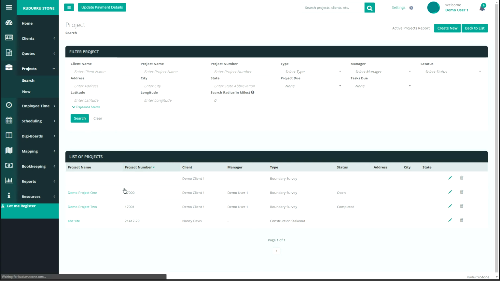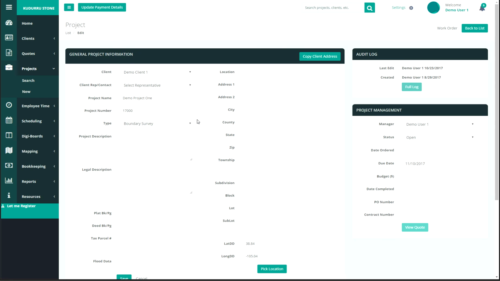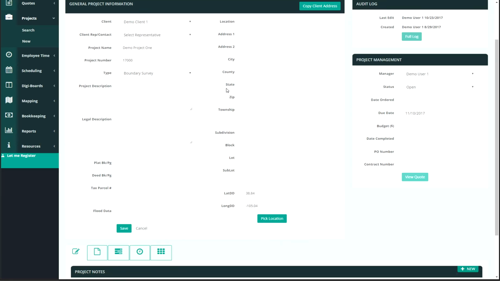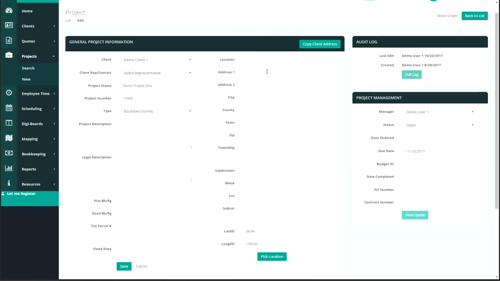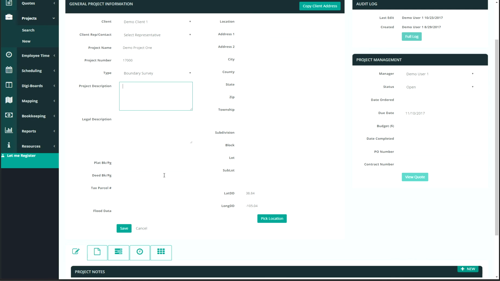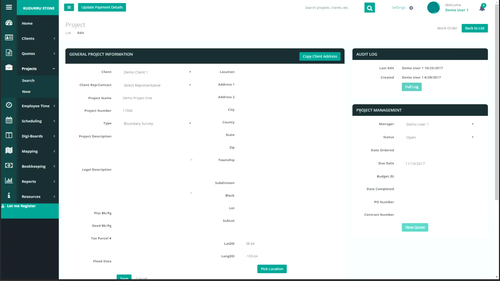If you click on one of these projects, this will give you more detailed information about the project itself. All kinds of different information here, location information, address information, legal description, general project description, flood data information. Over here is the project management area. You can, as far as what status is the project, is it open, on hold, inactive, archived, the date ordered, the due date,